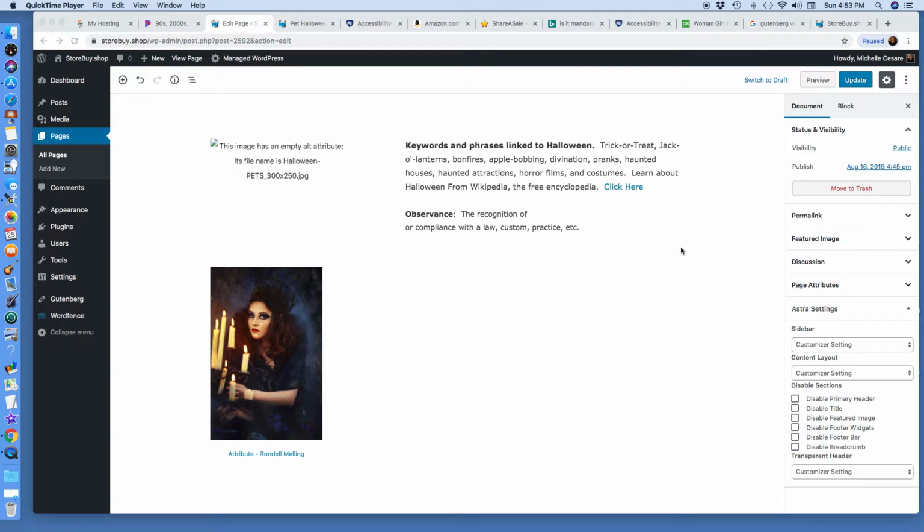Everyone, I want to speak about adding alternative text, an alternative attribute. I've learned, and I just started using Gutenberg to build my WordPress website. I had an image here, where you see my cursor, and I didn't have an alternative text. It's telling me this image has an empty alternative